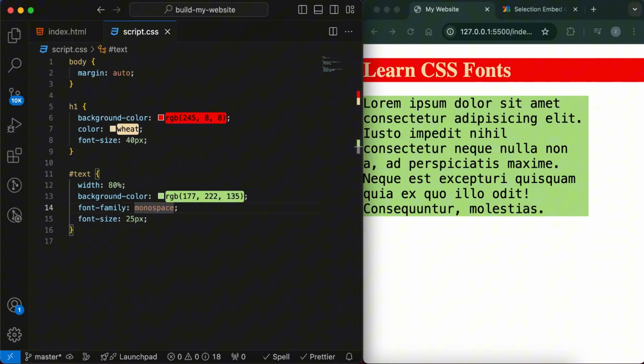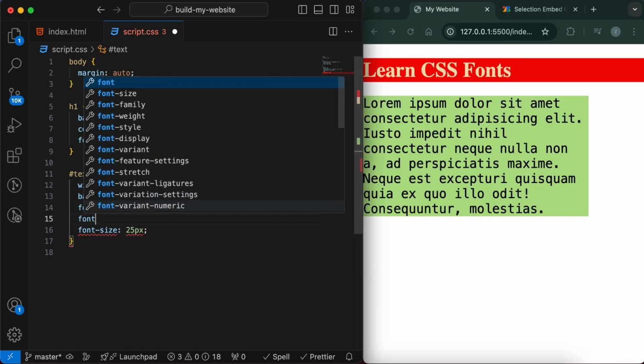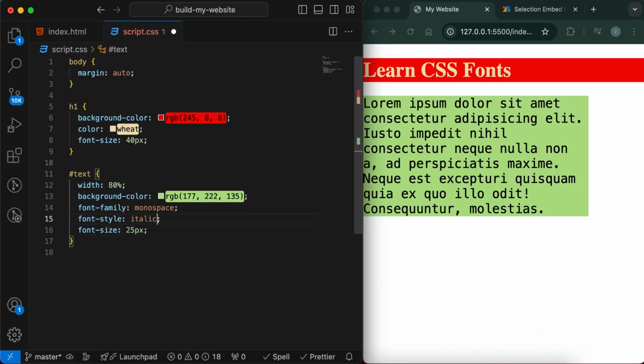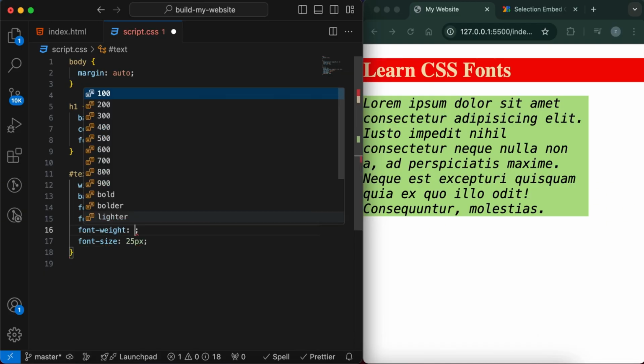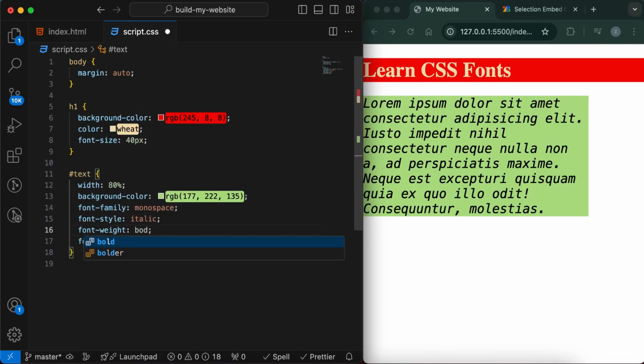So this is all about the fonts. We also have a font-style property to make it italic, for example, font-style italic. You will see it change a bit. And we also have the font weight. With the font weight, we can make it bold or something like that. And this is all about the fonts. Next, let's learn about